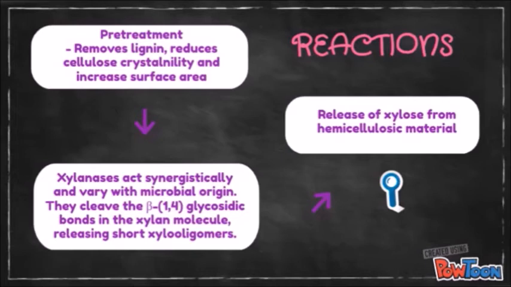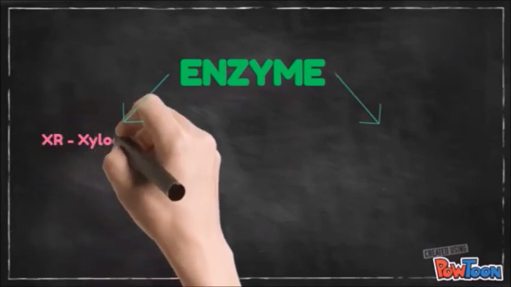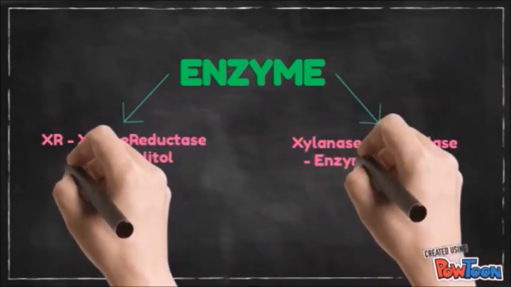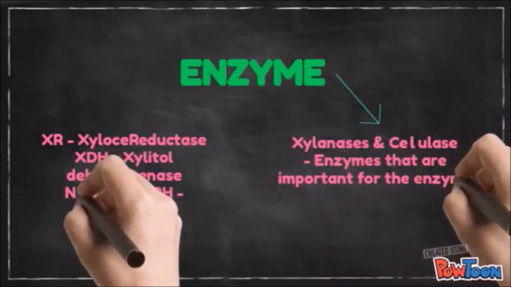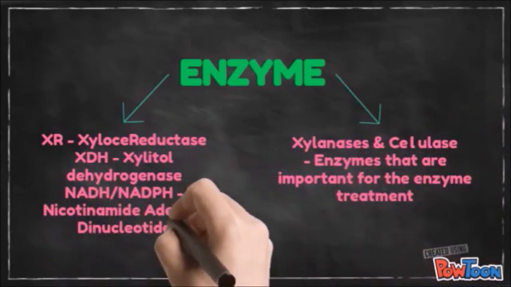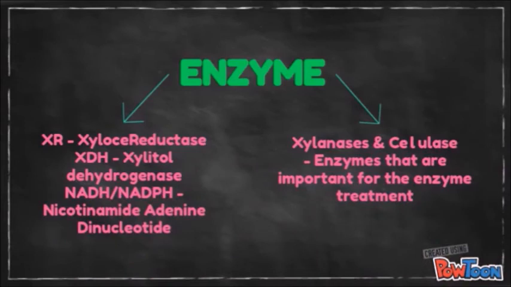The xylanase blend consists of xylosidase, arabinofuranosidases, mannanase, hemicellulolytic esterase, and glucuronidase, which is one of the significant parameters for effective release of xylose from hemicellulosic material. The enzymes used are xylitol dehydrogenase, which is XDH, xylose reductase, XR, and nicotinamide adenine dinucleotide, NADH